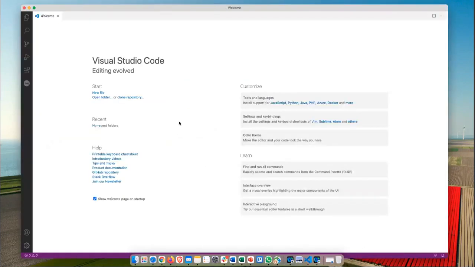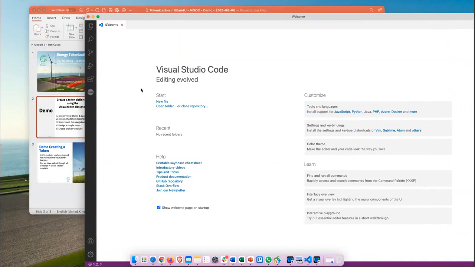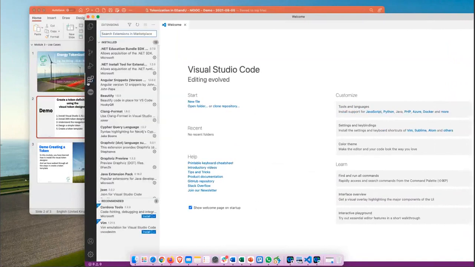This is the tool as it looks freshly installed with a welcome screen. One of the first things we need to do now is to install the extension, and that's here in this part of the menu bar. Let's increase it a little bit. If you hit the extension bar, you will be presented with this search option.